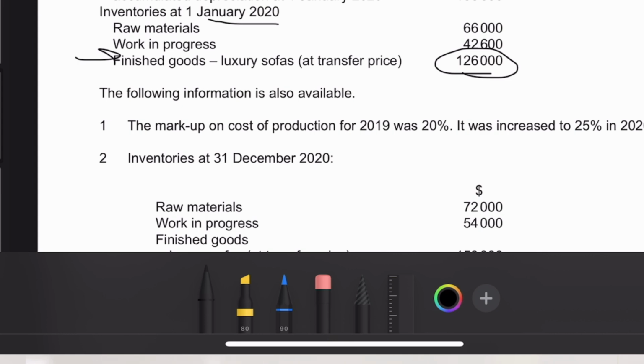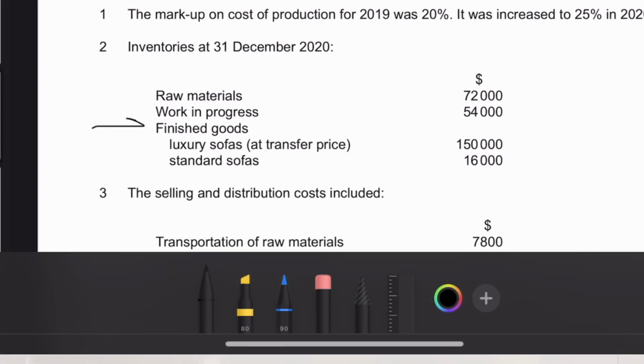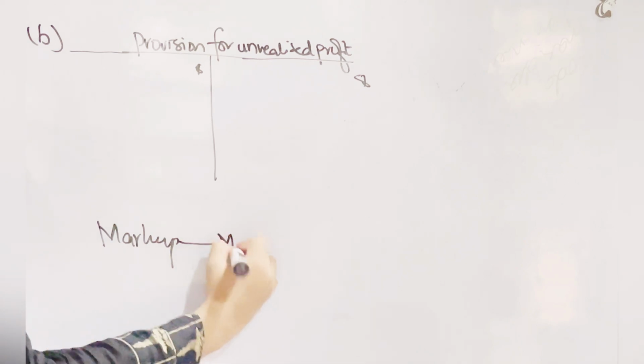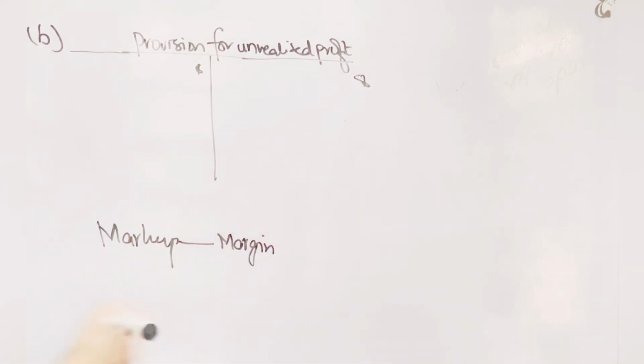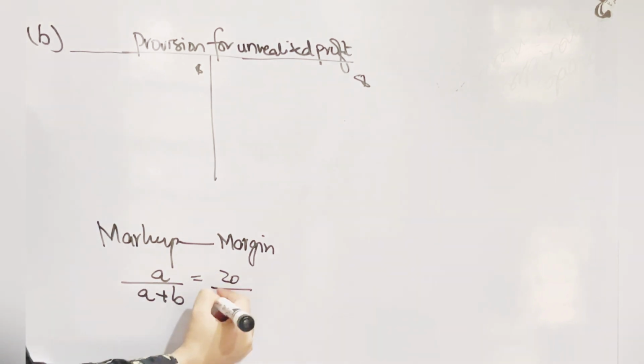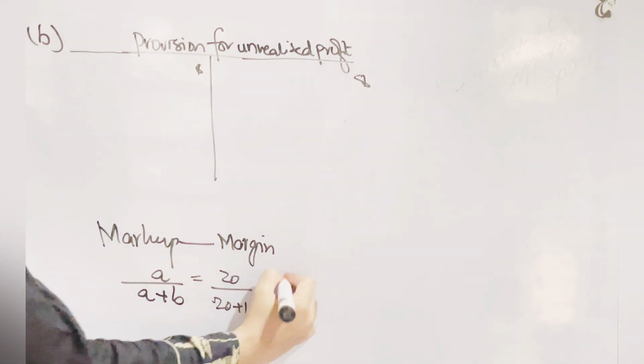Hence, we will use margin. Now in the question, they've only given markup. Now we need to convert the markup into the margin. So the formula that you can remember for conversion of markup into margin is A over A plus B. For instance, A is 20, so we add 20 plus 100. B is 100. So 20 plus 100 is what you're supposed to add, and you get 1 over